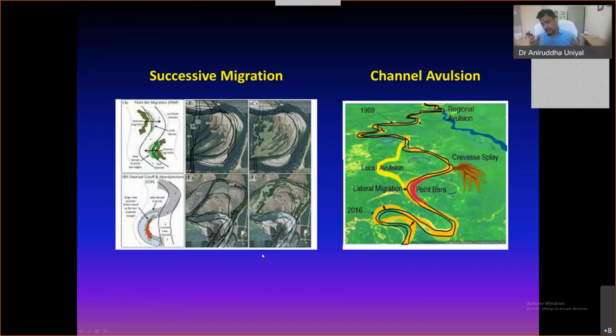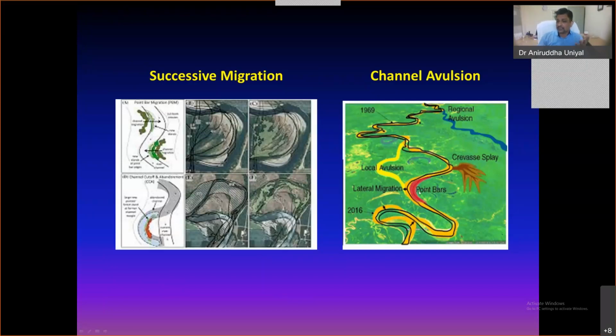Those who are students or beginners in this field, I would just cite one example. Throw a glass of water at your floor, and you will see that if you throw it with force, it will flow in a straighter line. So similar is the fate of rivers when there are floods. The water acquires the shortest and straightest path, and in that case, channel avulsion takes place.